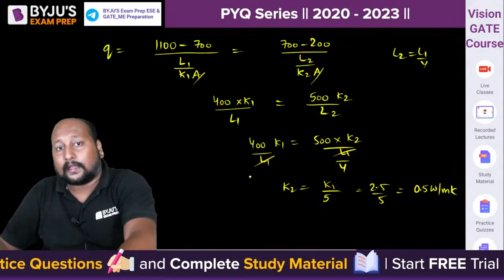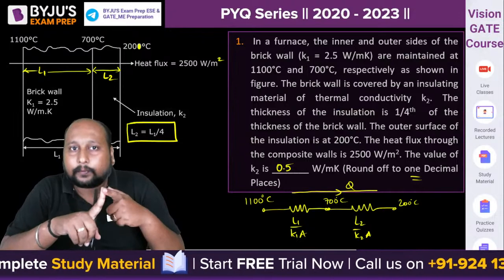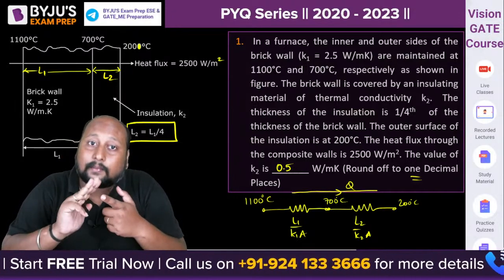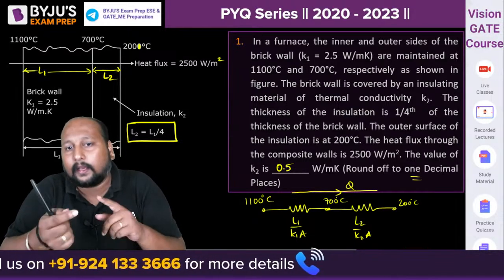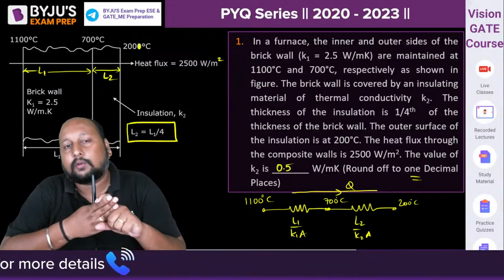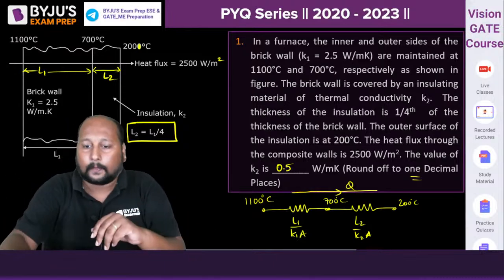That is why I told you heat transfer is a scoring subject. Heat transfer, industrial, mechanics and machine design. Let us suppose if you are not comfortable with machine design, then heat transfer, industrial and mechanics, these 3 subjects are very scoring, so try to cover up these subjects. Less time, more productive. Okay, next question.